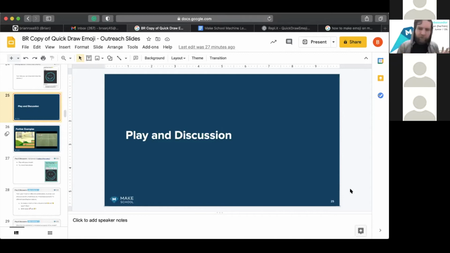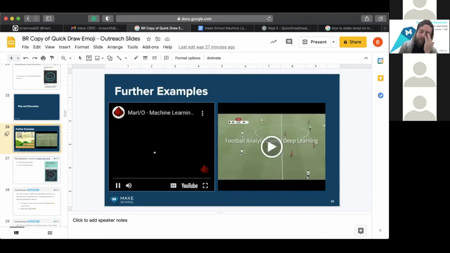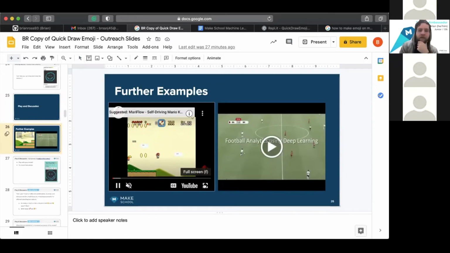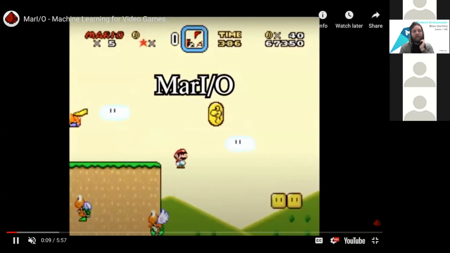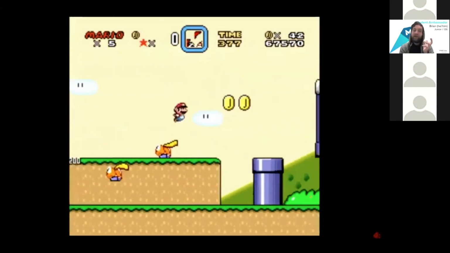Here's an interesting question. Let's look at it again. What's different between the way the computer plays Mario versus how a human plays Mario? What are some of the big key differences? This is always really interesting when we talk about machine learning and what the parallels are with human learning.